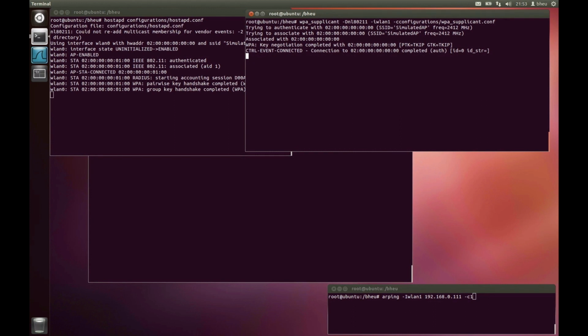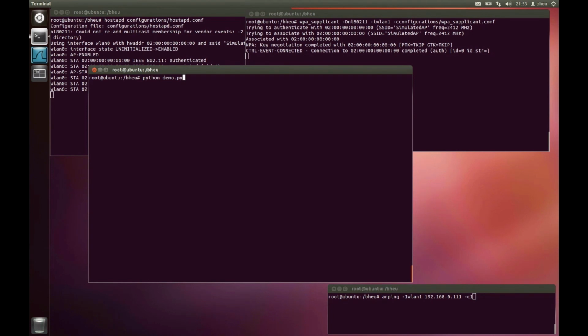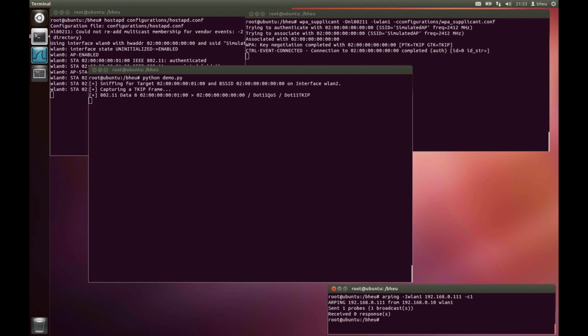So to make it a bit easier, we can inject some ARP messages. That's on the right bottom corner. It's just a quick command to inject some ARP traffic. So if the adversary sniffs for traffic, it will capture a frame and will slowly start to decrypt this. So right now it's trying the 256 possible values for this plain text byte. So one by one, we will see these bytes coming along. And here we are decrypting the last 12 bytes, which is the ICV and the Michael MIC.